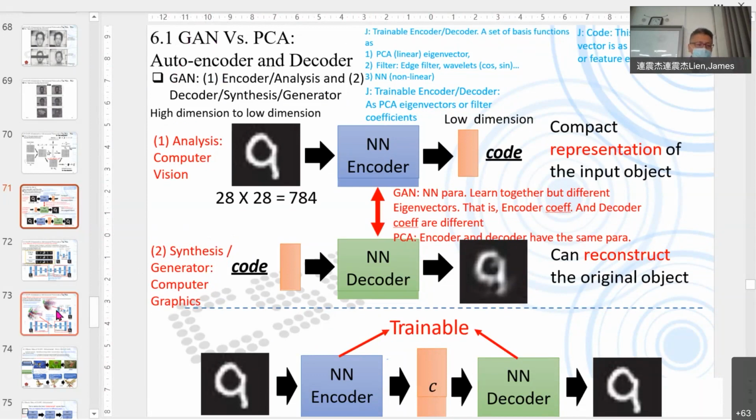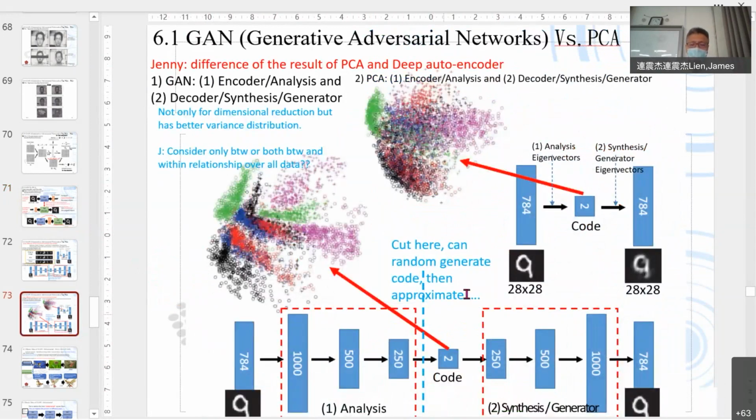And GAN also has a good thing, because in PCA both are the same, so the separation is not so good. PCA only considers the between relationship. They don't consider the within.